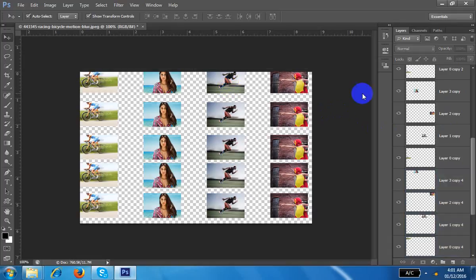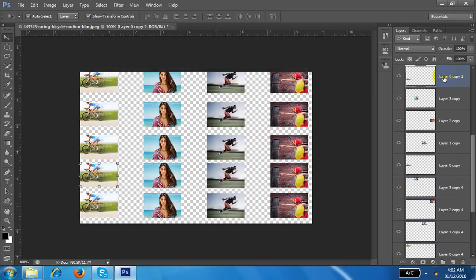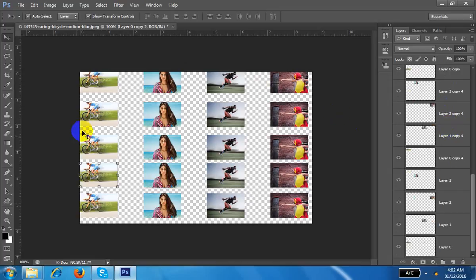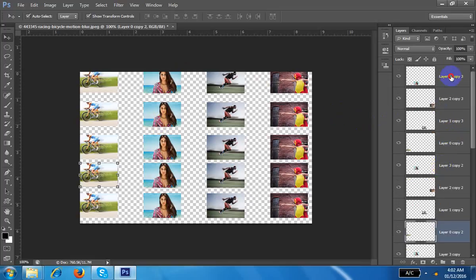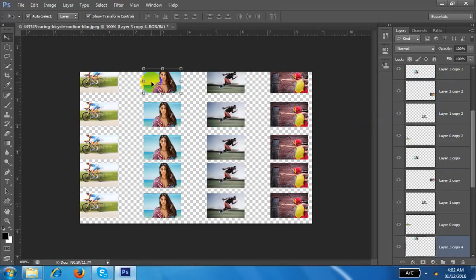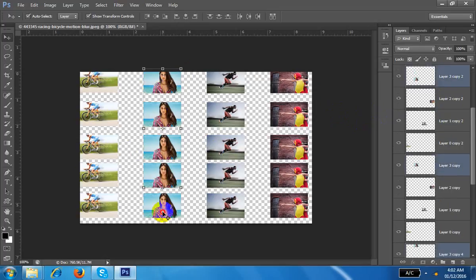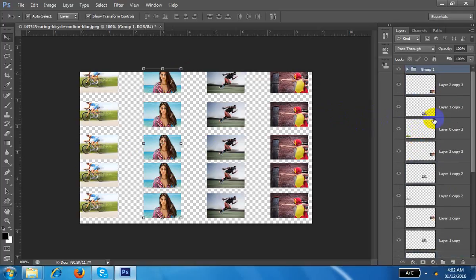Okay. So what happened? I can tell you one thing. Suppose this is our image and the image is ready, and there are a lot of images. Okay. So group, you understand everybody. How can you group? You can select like this, the 4, and Control G to make a group. Control G, you can find a group up there.